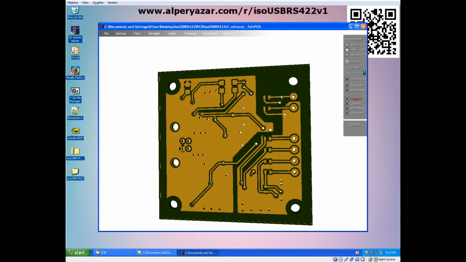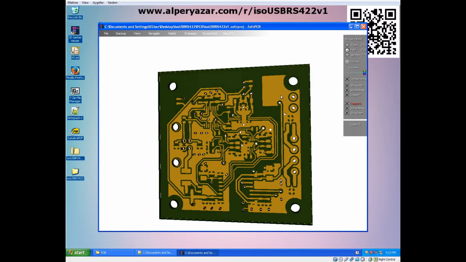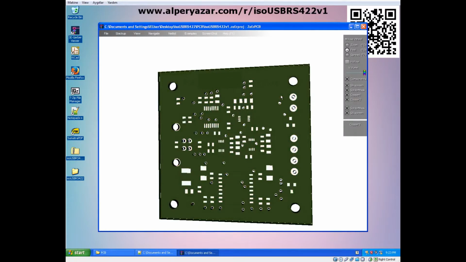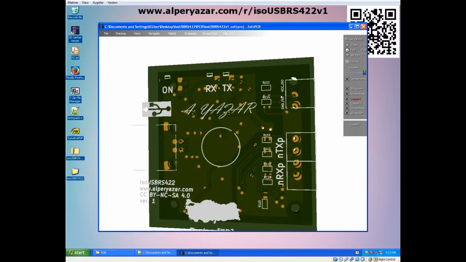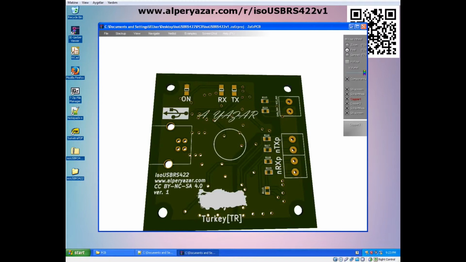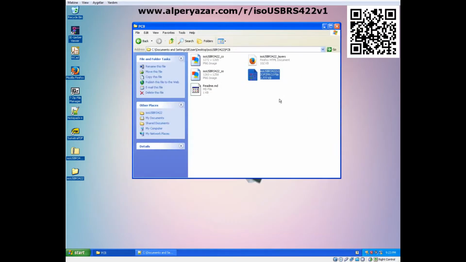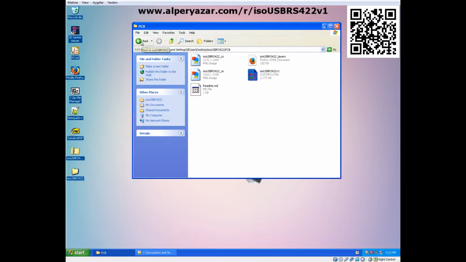You can peel the board layer by layer, like that. I suggest you give a try to Zavs PCB. It's a handy tool, I think.